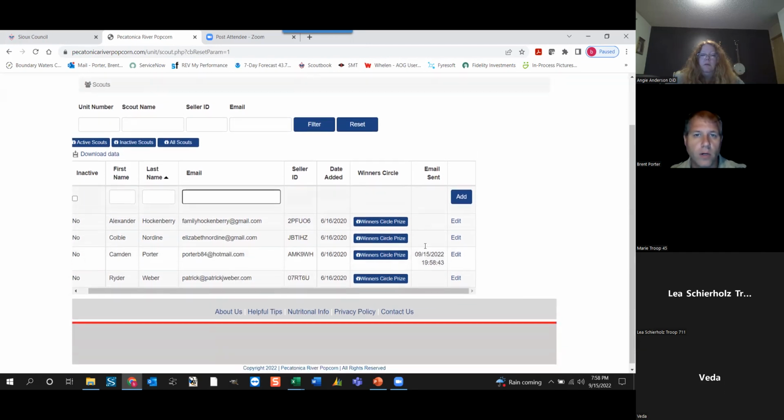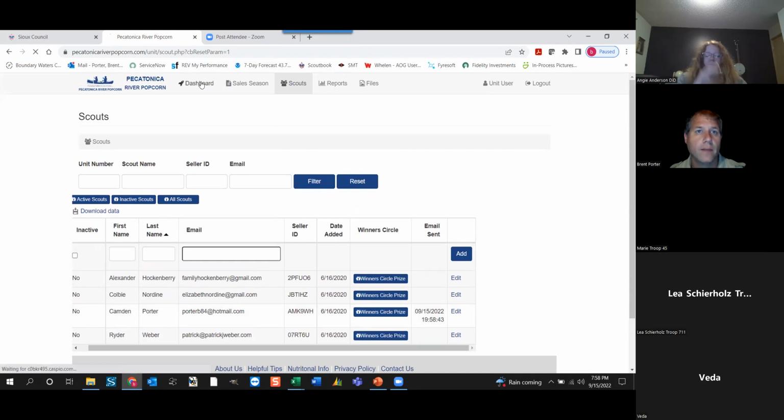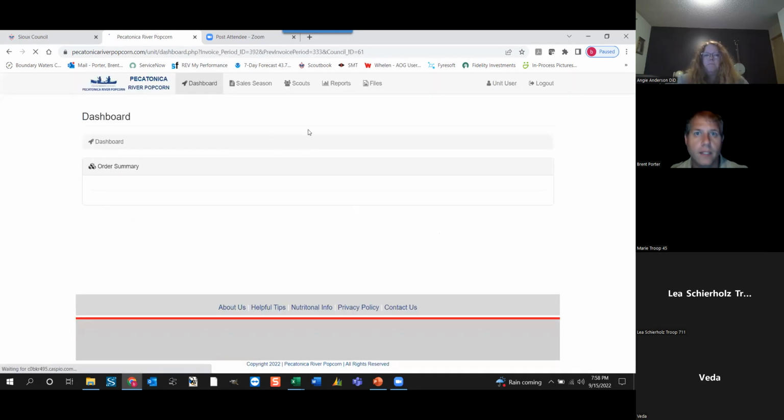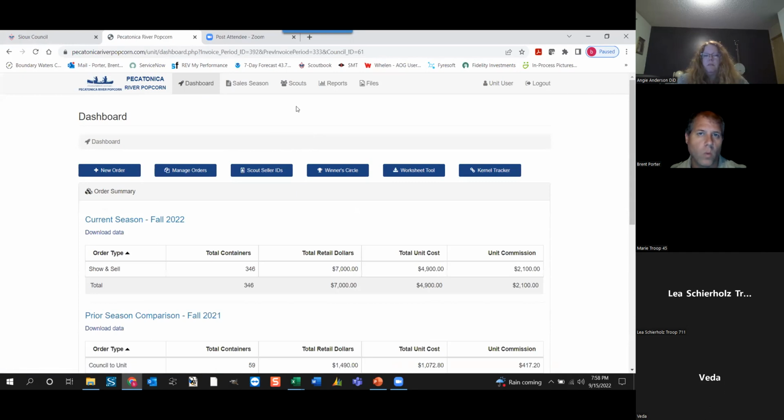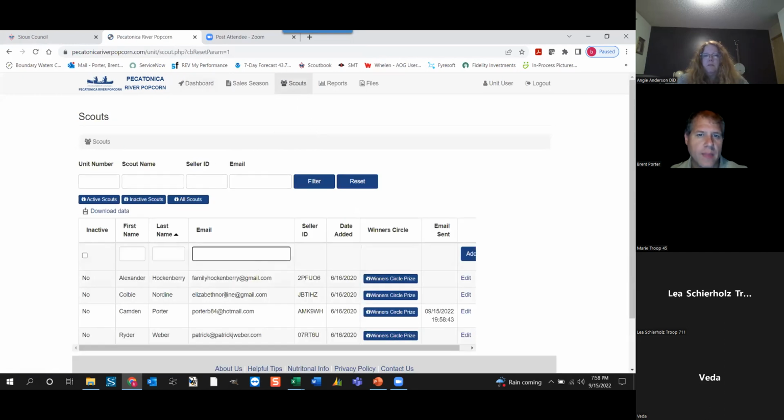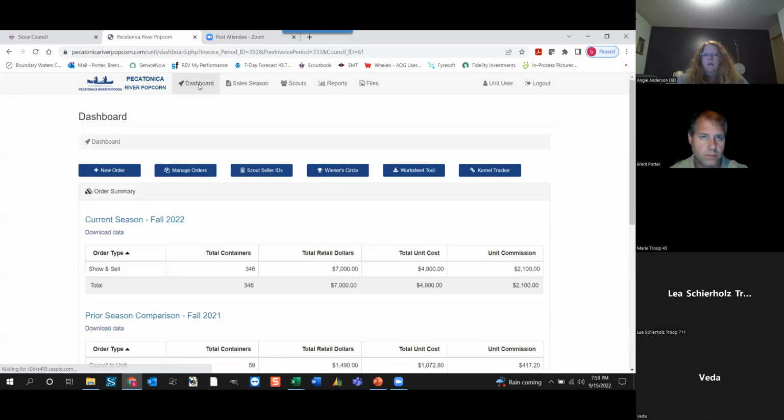If you have a parent or a scout that says, hey, my grandma wants to buy some popcorn online, I don't know what my seller ID is, what I recommend you do is you go to your scouts, find that scout, click on your edit button, and then click on your update button. It will automatically resend the number, or you can rattle this number off to them if they want to write it down. Either way, if you do it this way, it'll automatically go to their parent or the email address that they've got recorded, so they have it for future reference. If then Uncle John or Uncle Jimmy or Aunt Susie wants to sell later, they'll have it for future reference.